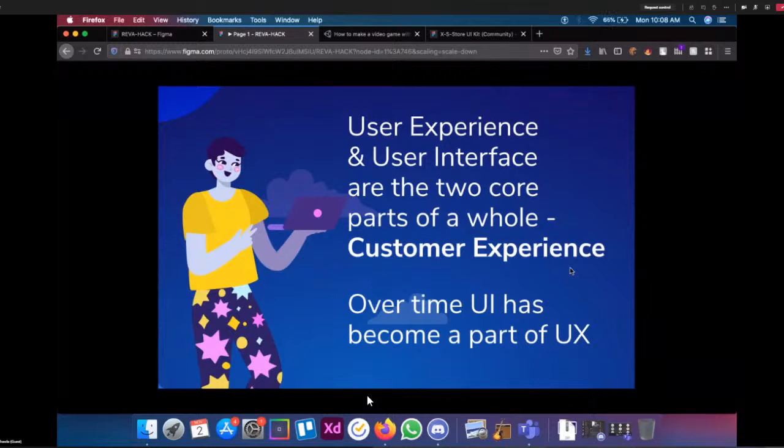Now, people get confused about what UI and UX is and how it's different. I just want you guys to understand. The only difference between UX and UI is that UX is the logic that goes behind creating the UI. So both of these are supporting each other. Now in the modern era, the difference is that UI is now a part of UX. So if you look at a UX designer, he should know how to design user interfaces as well. Moving forward,